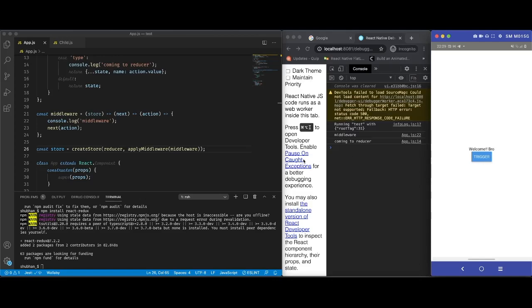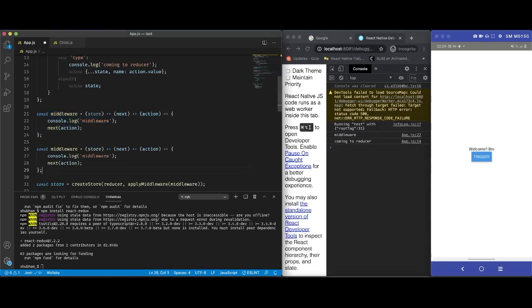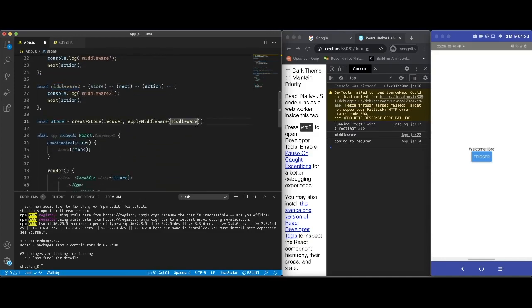Similarly, we can apply as many middlewares as we want using this format. So we'll see that in action as well. I'll create another middleware here and name it middleware 2, update the log accordingly, pass it in the applyMiddleware function, and refresh this app.